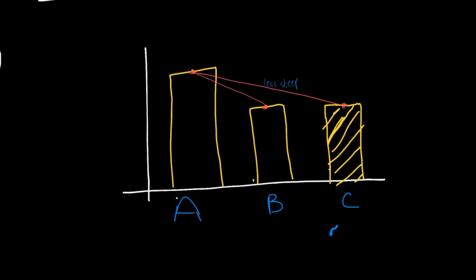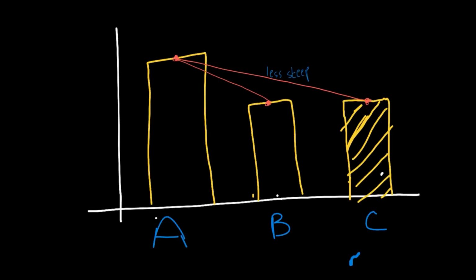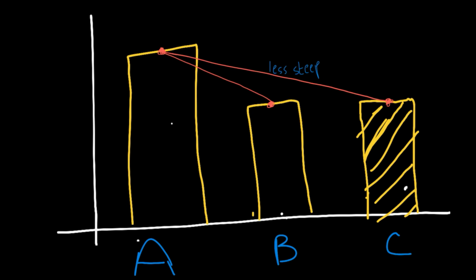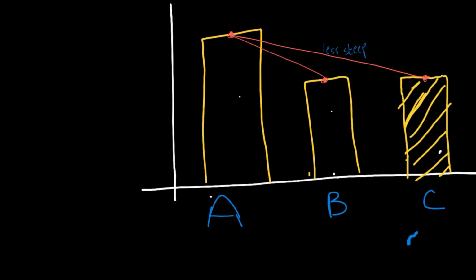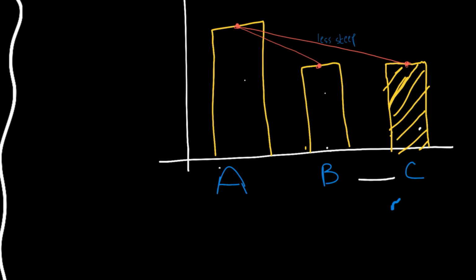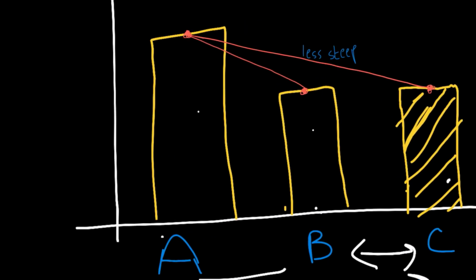These are three regions. B and C have the same concentration, so that's what's controlled in this experiment, while A has a greater concentration, because it has to be from a higher concentration to a lower concentration. Now B and C are a distance apart, right? So B is closer to A and C is further away. As you see right here, B has a steeper slope and C has a lesser steep slope compared to B.